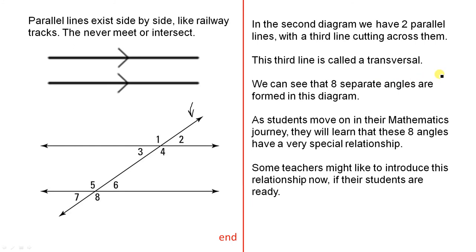The third line is called a transversal. So that's the name of it, transversal. We can see that 8 separate angles are formed in this diagram, and they're numbered from 1 to 8. As students move on in their mathematics journey, they will learn that these 8 angles have a very special relationship. Some teachers might like to introduce this relationship now, if their students are ready, but they'll definitely meet this relationship